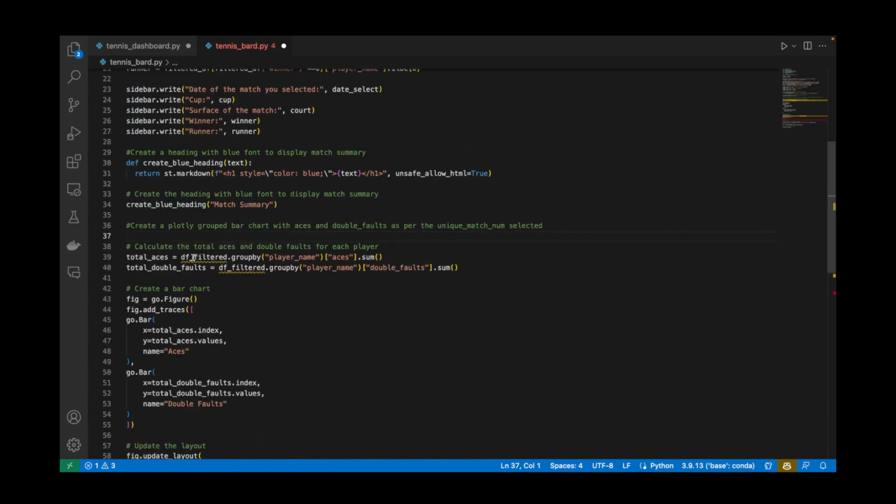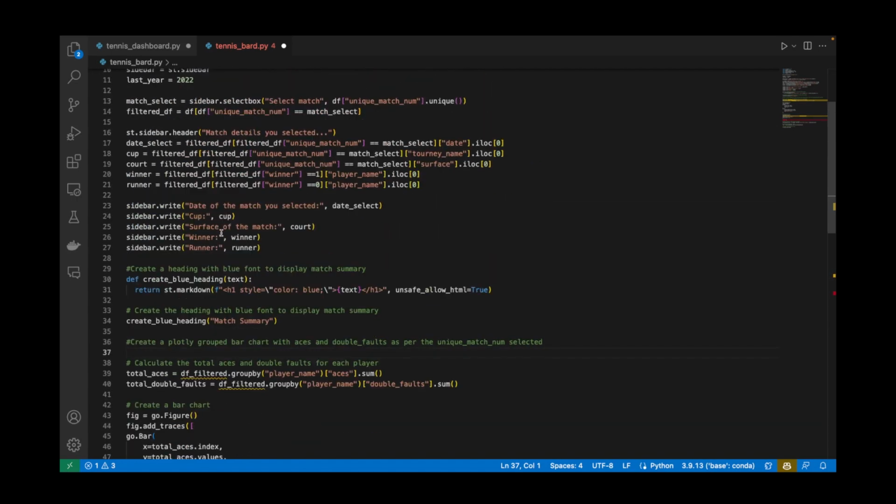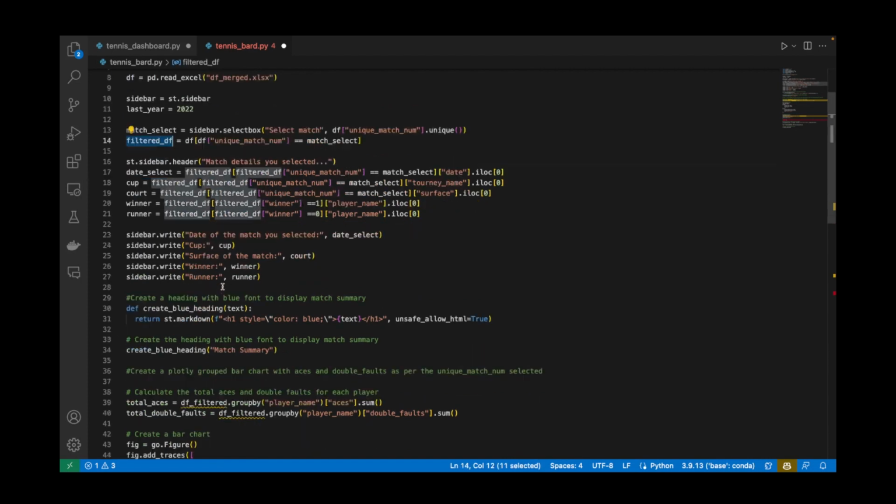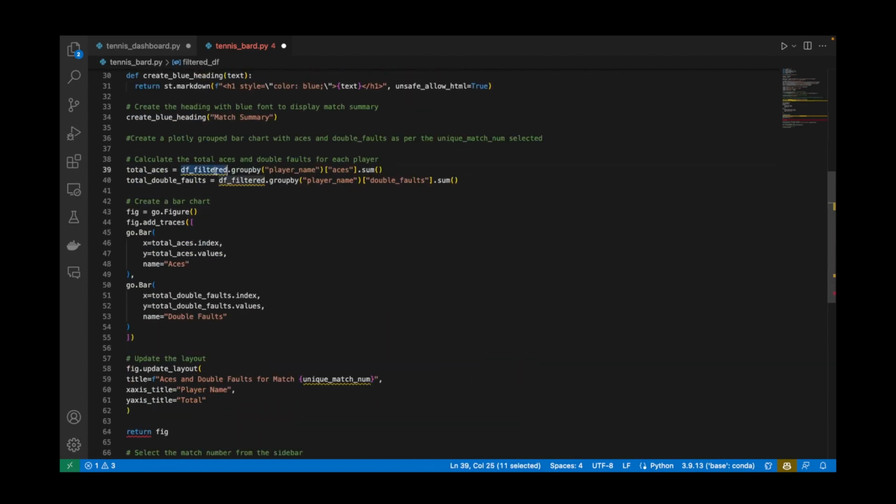So I'm going to change the name from df filter to filter df because that's the variable. So let me just change this to filter df and we change it everywhere. Now the problem is it does not understand the